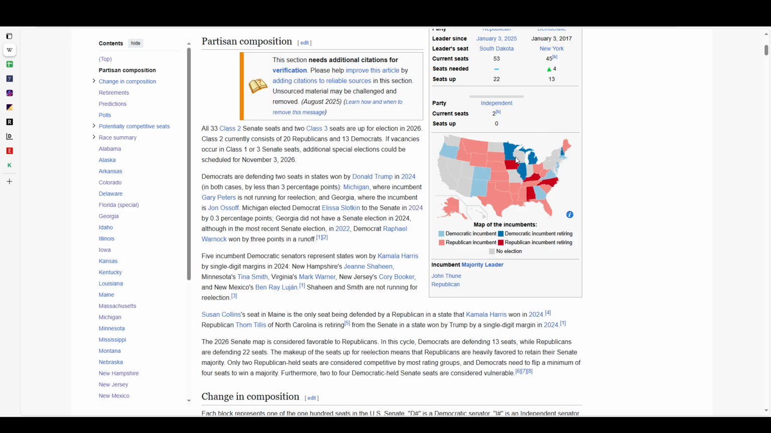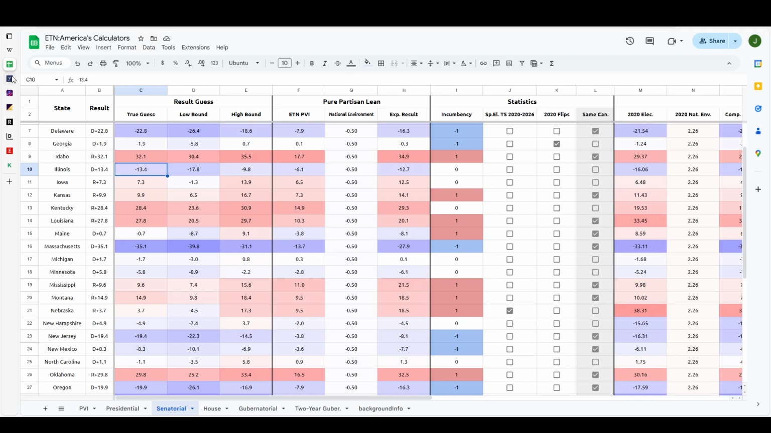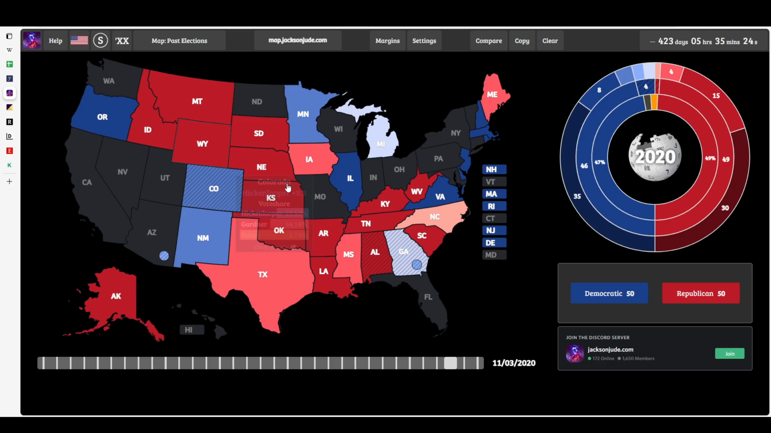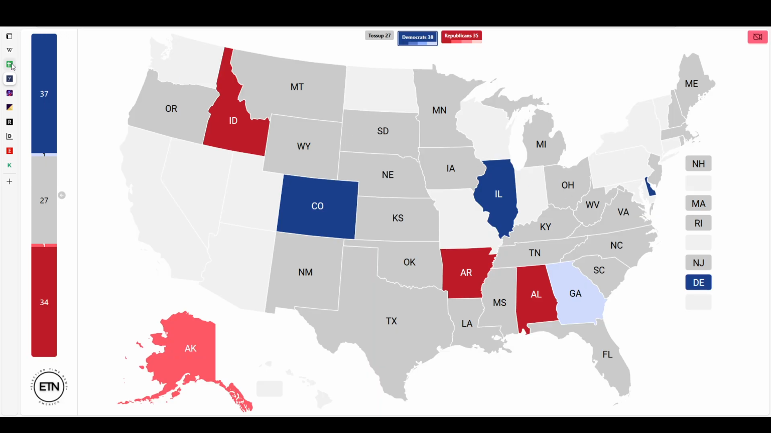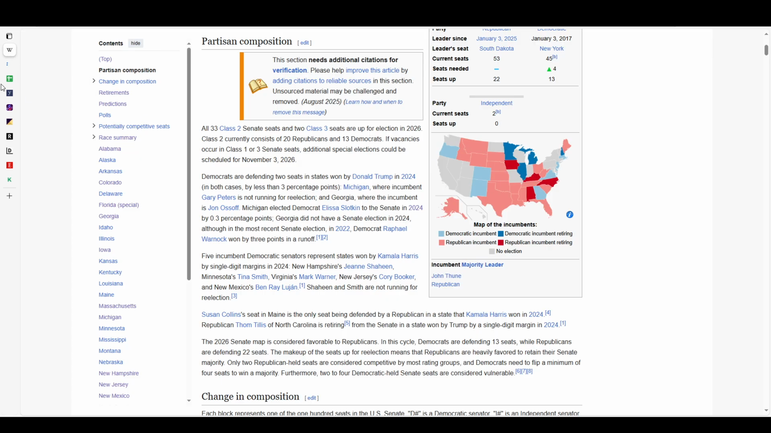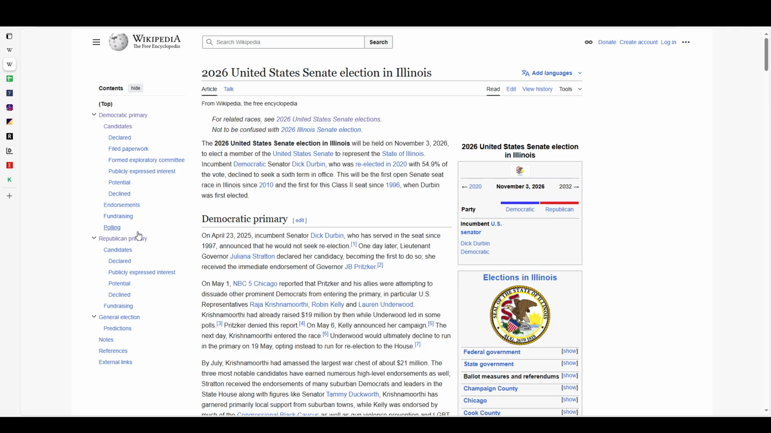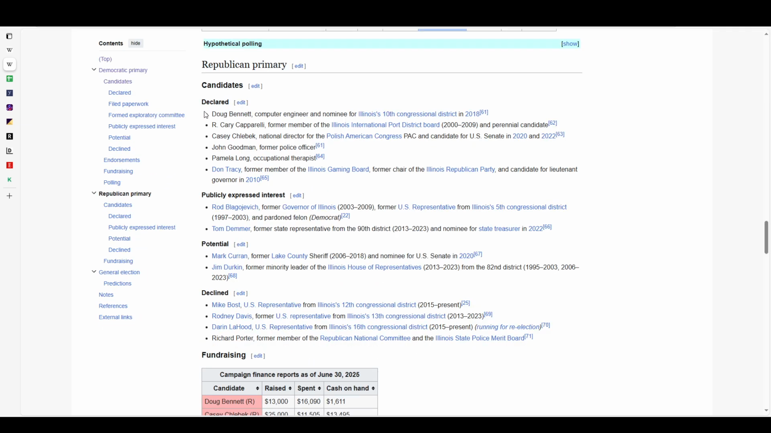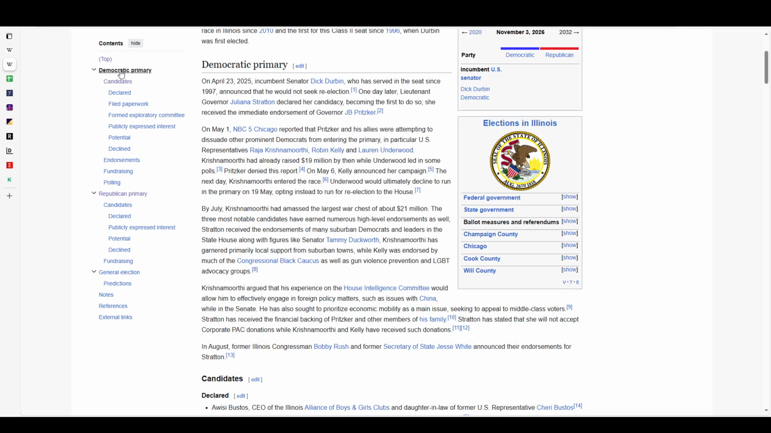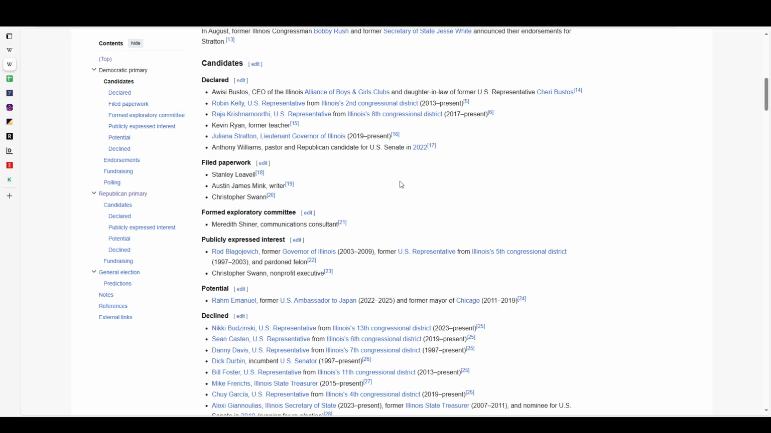But what we're looking at is Dick Durbin's seat. Kamala Harris won the state by more than 10 points, but Dick Durbin won by 16.1 in 2020. While there's not an incumbent here to help boost that, there's not really any strong candidates in the Republican primary. The best that they could potentially get would have been, forget exactly his name, but he did manage to win